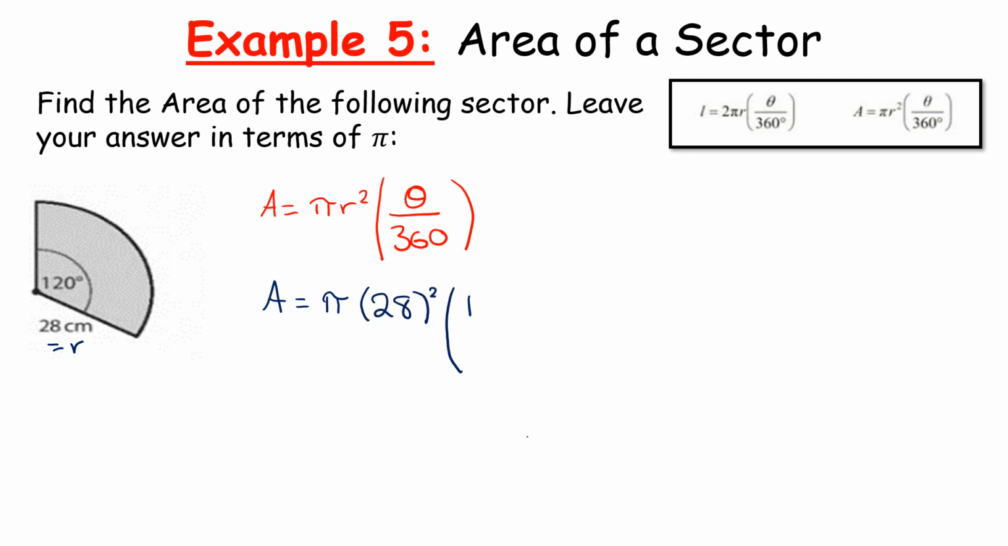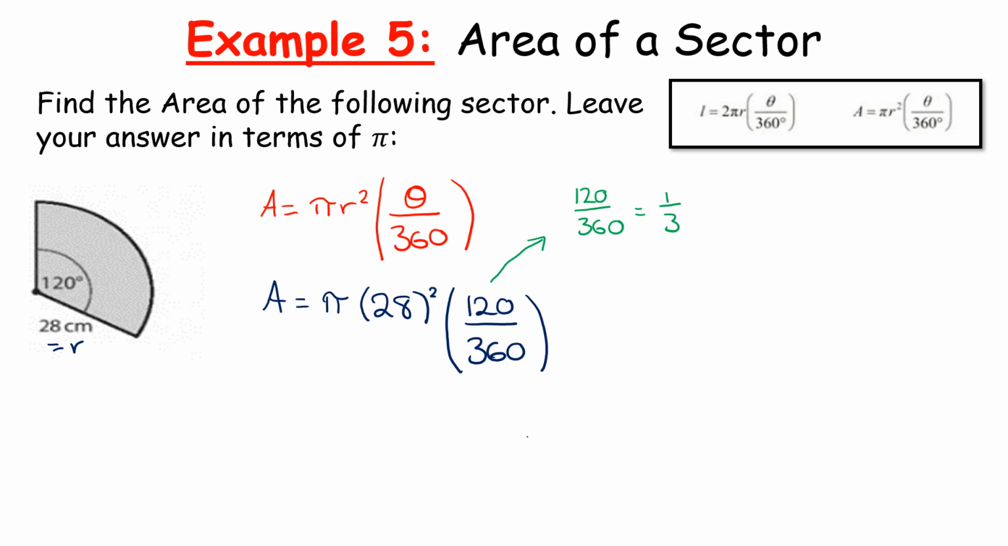And then the angle is 120 over 360. Now, you don't need to simplify it. You can go straight to your calculator and put in the whole thing. But if you want to just check this out, 120 over 360, we're dealing with a third. So this sector is 1/3 of the circle. So what we're saying is let's get the area of the full circle and then find what is a third of it. So if you're going into your calculator, you can do pi 28 squared